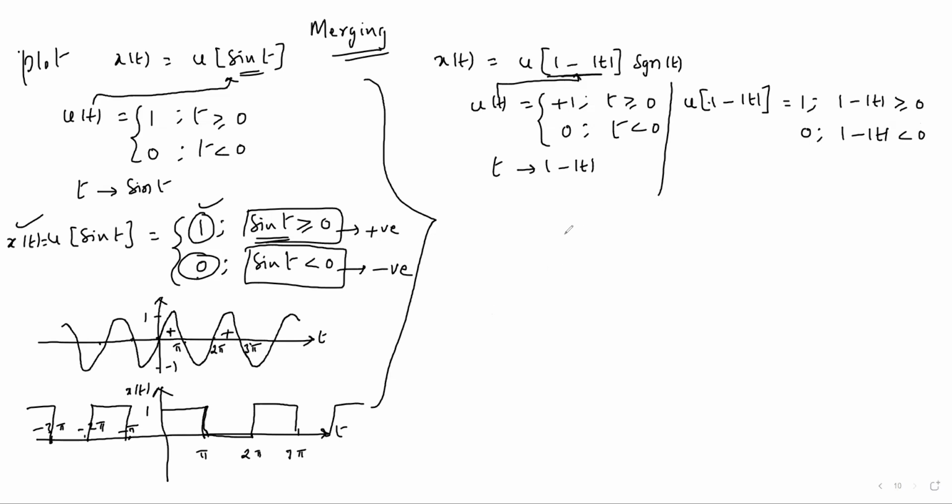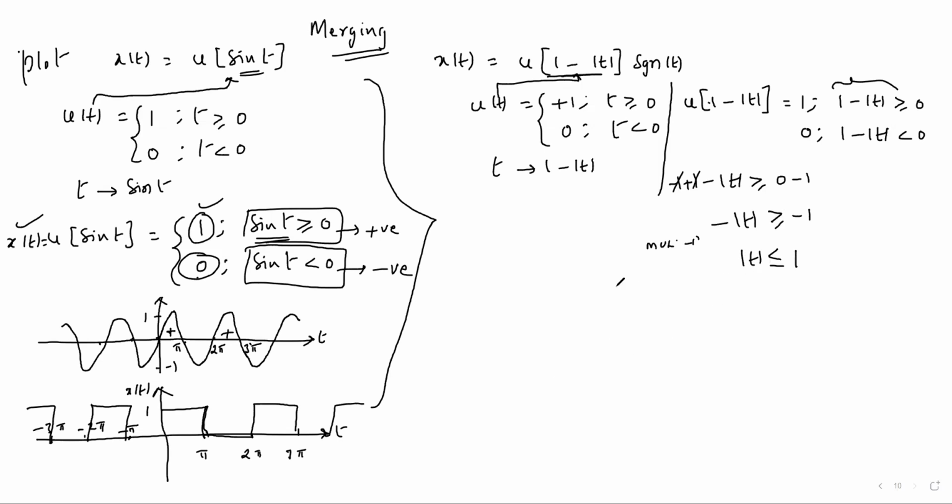Fine. So first of all, we have to evaluate this expression. What is the limit of t for 1 minus mod t greater than or equal to 0? So what are the t limits here? Take minus 1 on both sides. Plus 1 minus 1 cancels. Minus mod t greater than or equal to minus 1. And multiply with minus 1, so mod t will be less than or equal to plus 1.